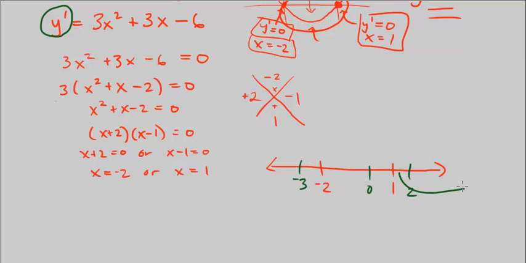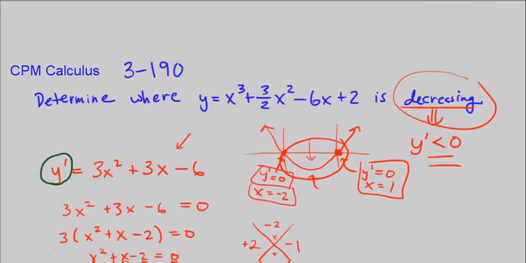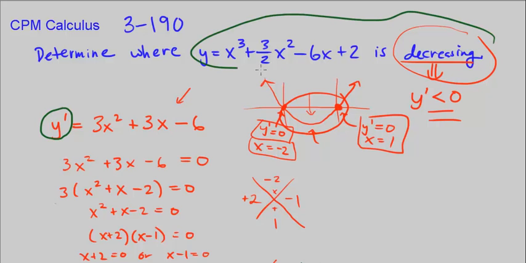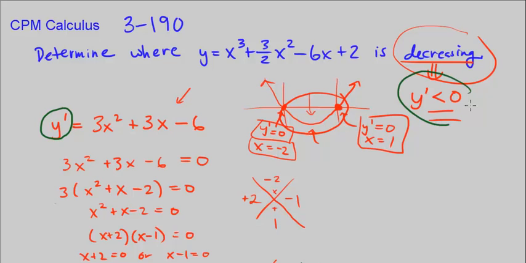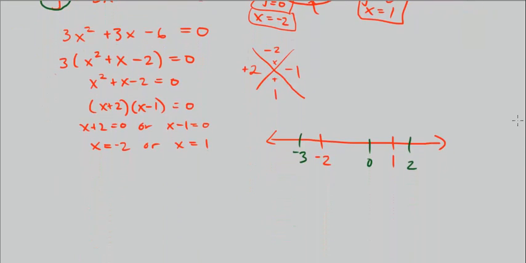Is it positive or is it negative, right? In these regions, and then that will tell us, again, where our original function is decreasing, okay? Because where y prime is less than 0 is where our original function is decreasing. Okay, so we know it's between negative 2 and 1, but let's